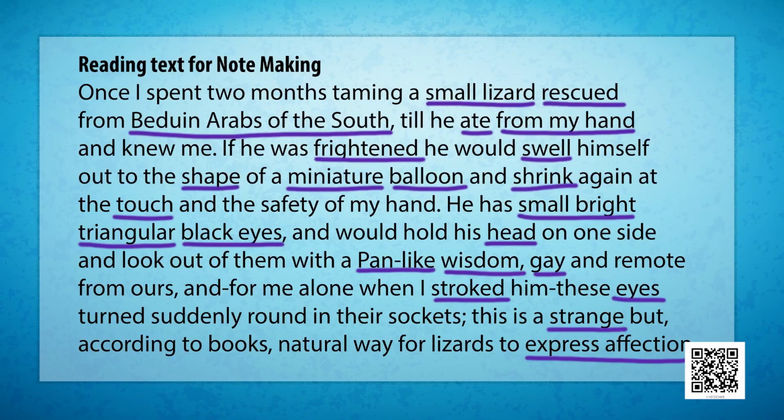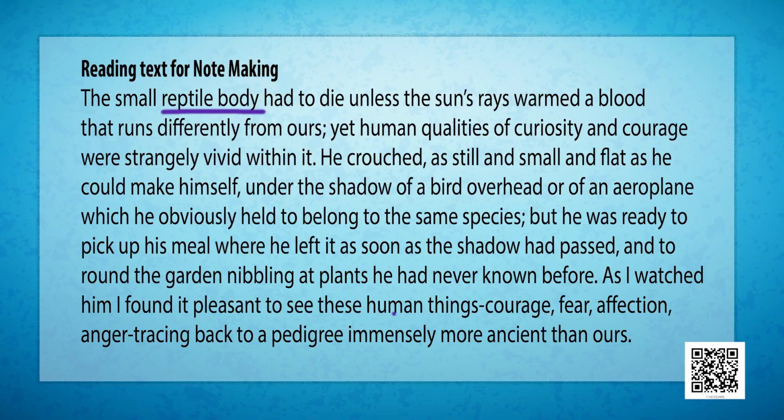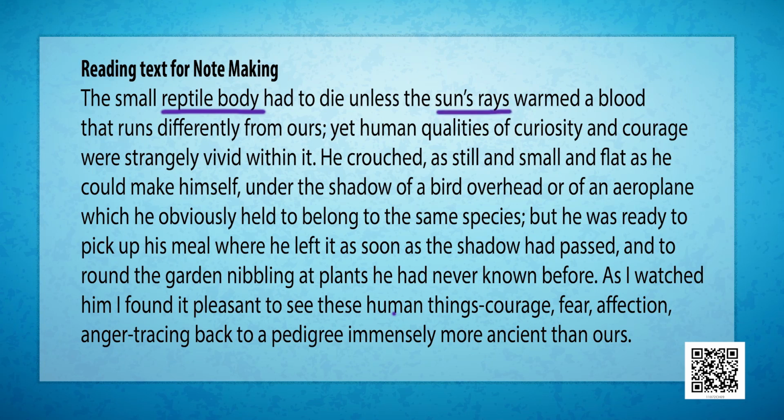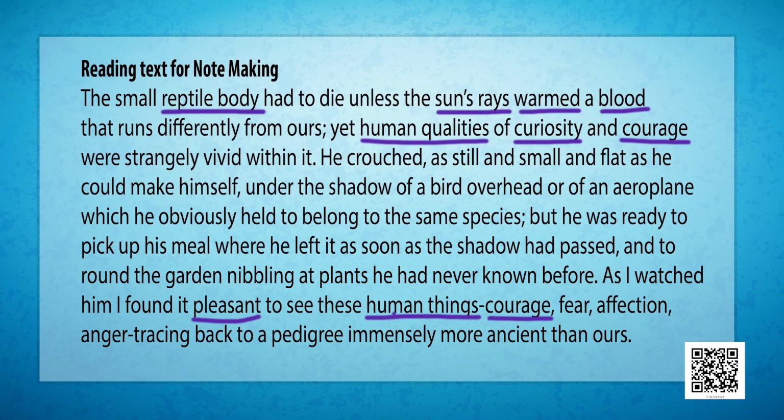Express affection, reptile body, sun's rays, warmed blood, human qualities, curiosity, courage, pleasant. For 2 lines you don't find anything very important. Yes, sir. Great. Human things, courage, fear, affection, anger, tracing,